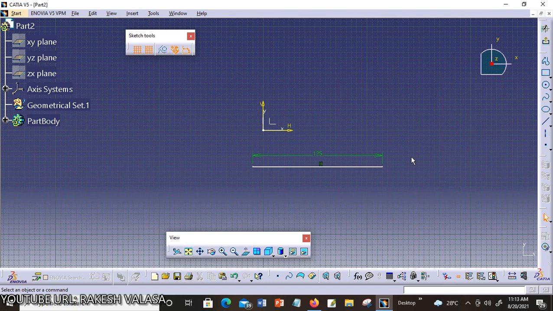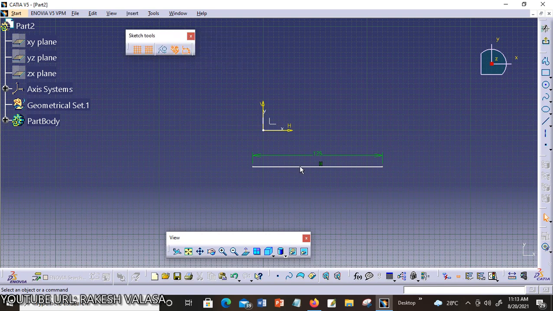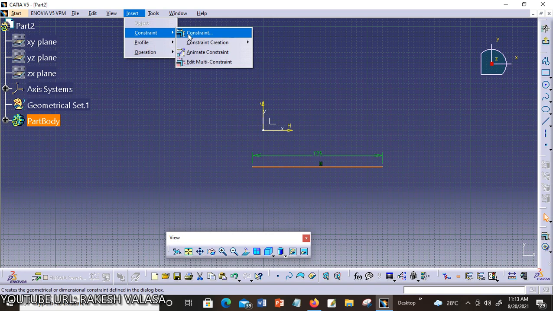Apart from applying constraints, you can also remove a constraint using the constraint definition dialog box. This can be done by clearing the checkbox associated with the constraint in the constraint definition dialog box. Go to Insert, constraint, and choose constraint.